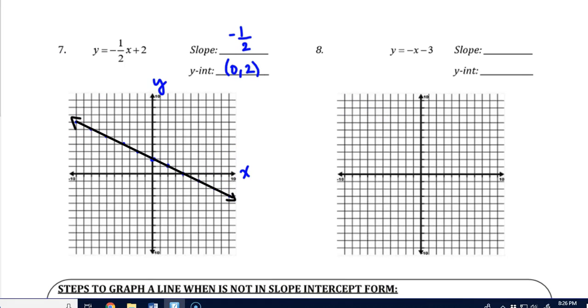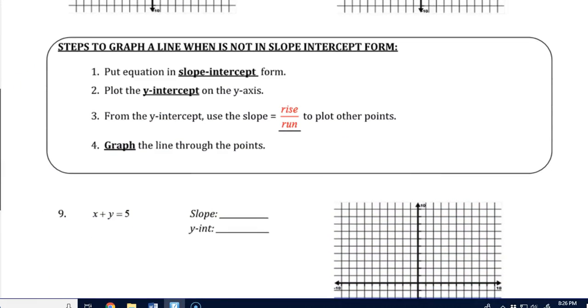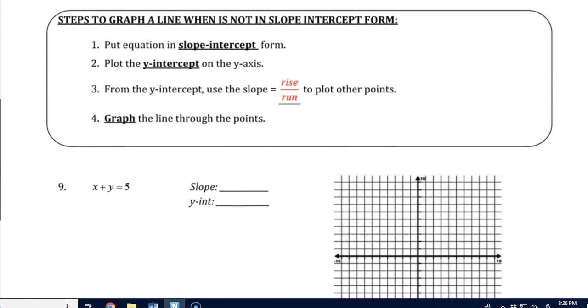Okay, so I believe you are ready for another challenge here. You're getting pretty comfortable with graphing lines. We've reviewed that, right? It's something you knew from before. Well, how about if the equation is not in slope-intercept form? So how can we work with that? Well, basically we want to manipulate that, and I find that's one of the more challenging things because it's abstract, but we can get there, right? We've done hard stuff before. We can do this. We're going to try to get this equation so that the y is by itself, because